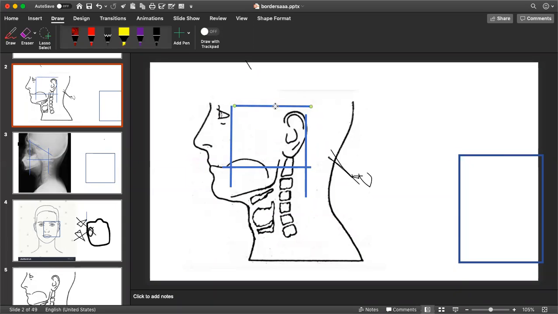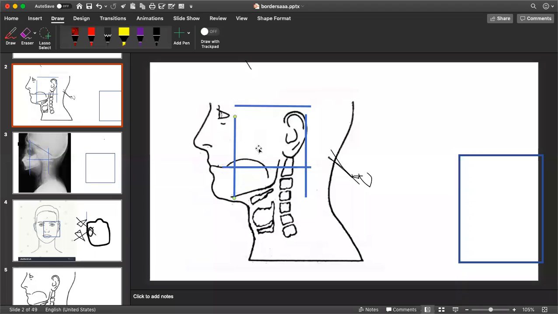Or if a surgery has been done, your superior border should go as far as your surgical scar extends. So your scar should come inside the field. So your superior border might go up if you want to include the scars. Otherwise, it would be at the zygomatic arch. Your anterior border would be at the anterior border of the masseter. So you would ask the patient to clench the teeth, and the masseters would be prominent. At the anterior border of the masseter, you would put your anterior border.